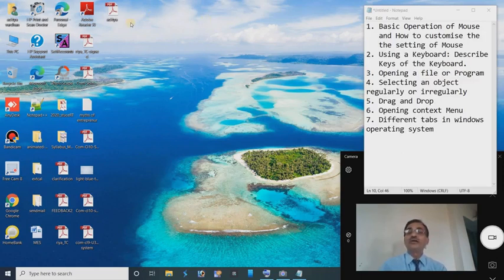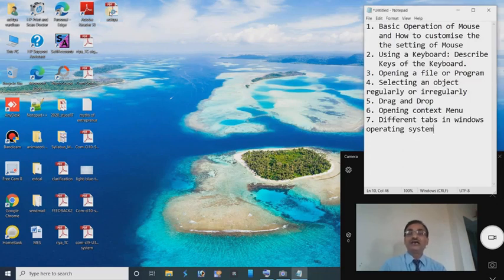So we can move the mouse pointer and click it. Once clicked, it will be selected, and double clicking means pressing and releasing the mouse button very quickly 2 times. That is called double clicking.